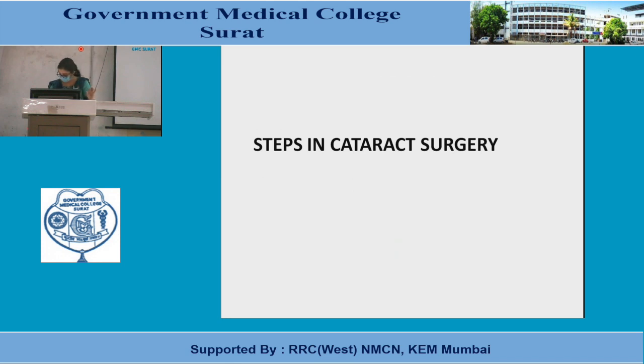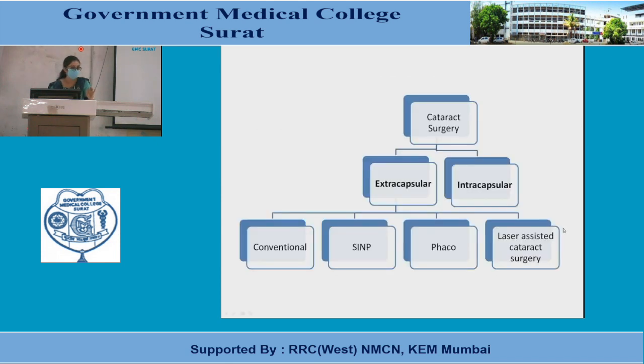So what do you mean by intracapsular cataract extraction? When the word intra is used, it means you are removing the whole lens along with its capsule. That is what you mean by intra. When you say it is extracapsular, it means you are making an opening in the anterior lens capsule. You are removing the nucleus, you are removing the cortex, and you are placing a lens in that opening that you have created, that is, in the sulcus. So that we will again see when we go ahead about the putting of the intraocular lens. I hope this much is clear, what you mean by intra and extracapsular.